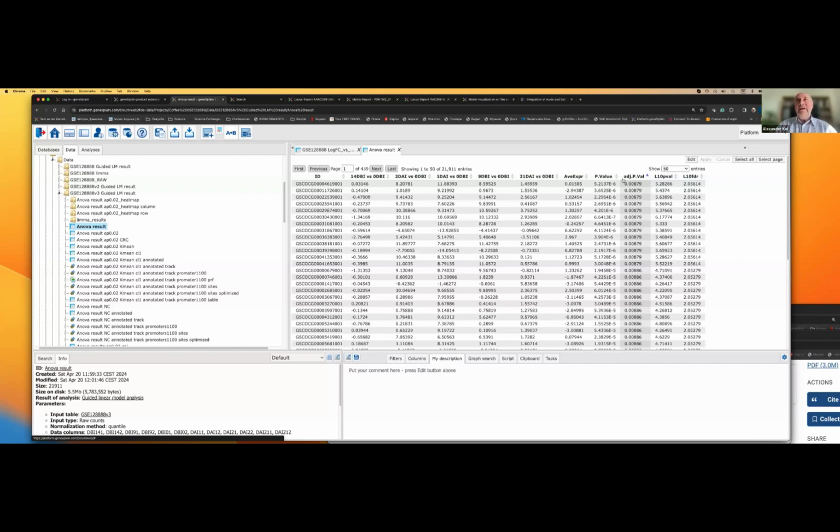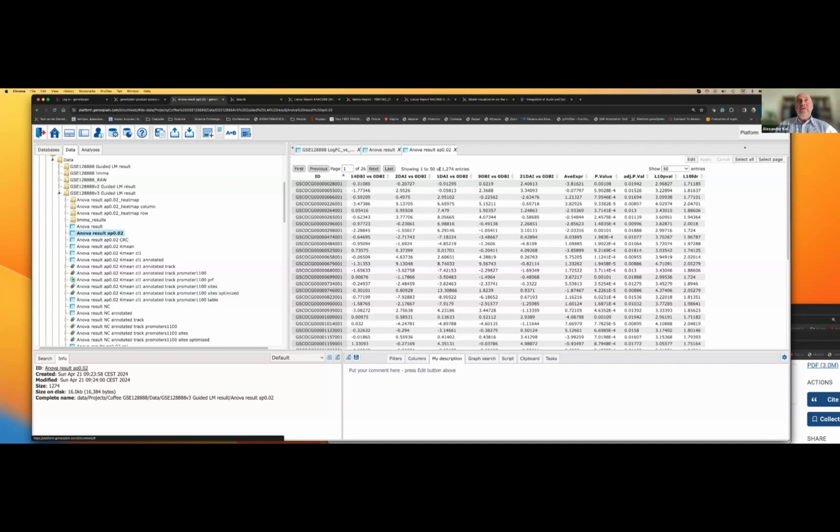In simple wording, it's kind of an ANOVA p-value, which you can use to select those genes of your interest, right? And what I did, I selected these 1,200 genes